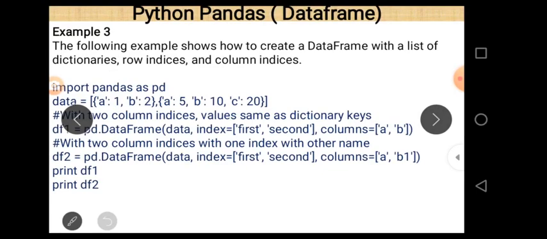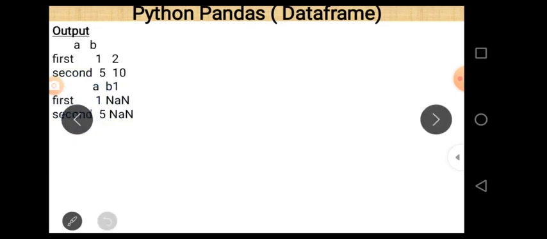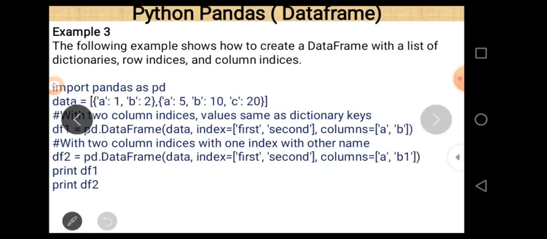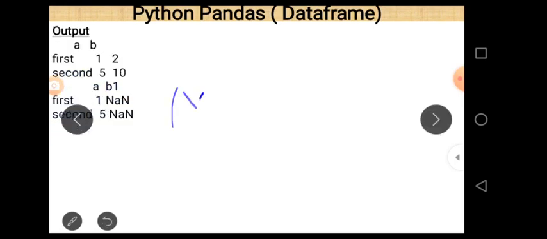I hope now it is very clear to all of you. One thing should be remembered: when you pass a dictionary as an argument, the keys play the role of columns in the data frame, and when we want to print another column that is not a part of the dictionary, then of course there will be NaN.